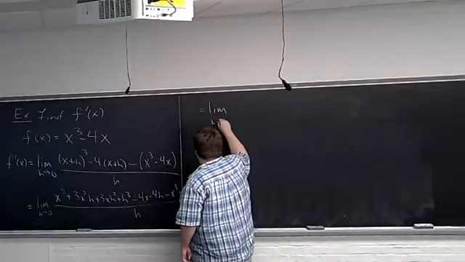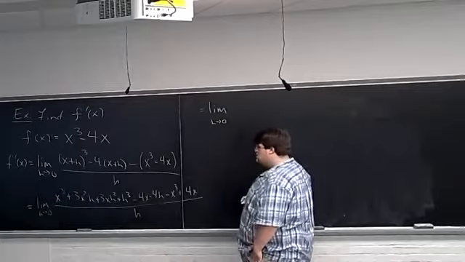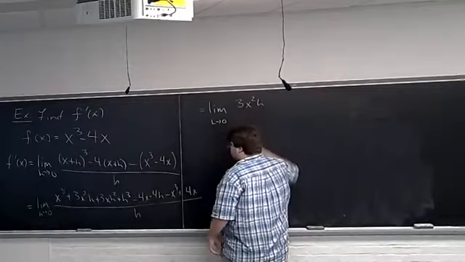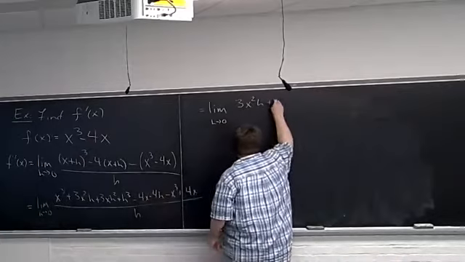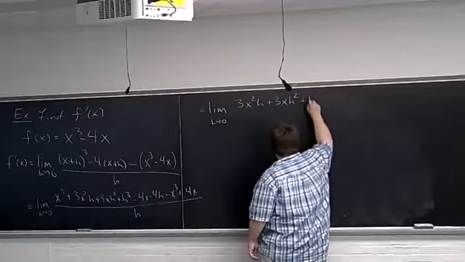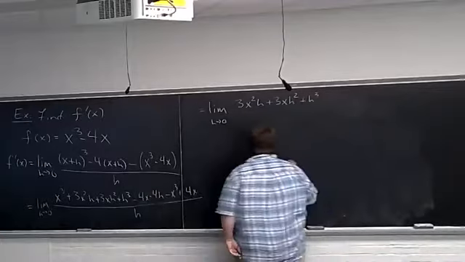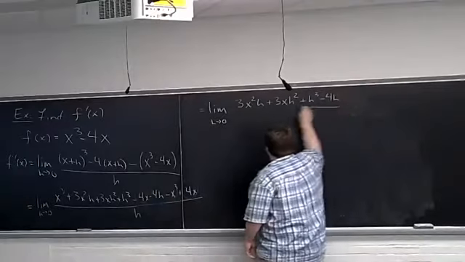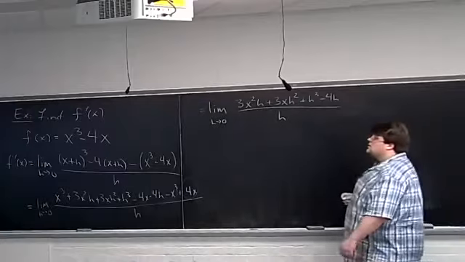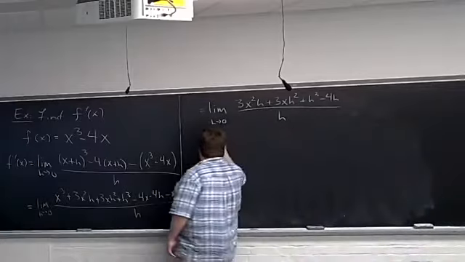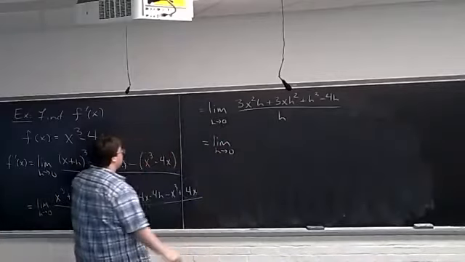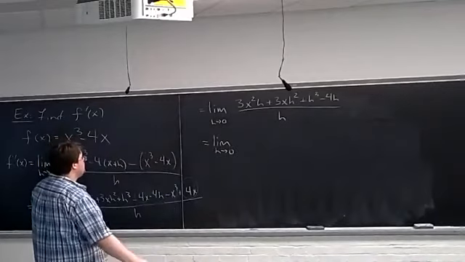We're left with the limit as h goes to 0 of what? 3x squared h, 3xh squared, h cubed is still there, negative 4h still there, and the h in the denominator also still there. Now that we've canceled everything that cancels, we're left with terms, all of which have an